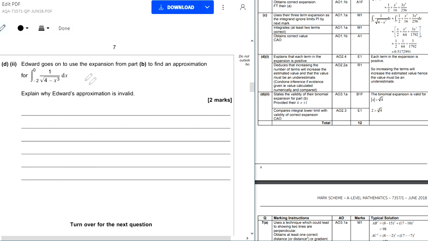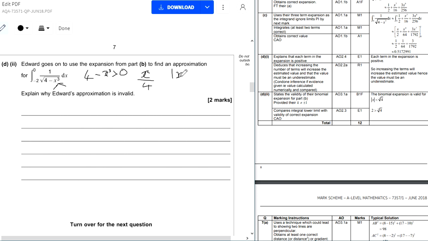He uses expansion to find an approximation for this. Explain why this is invalid. Now, the first thing that comes to my mind why this could be invalid is because of this condition of x. If it's in a set 3 minus x to the 3, it's got to be greater than 0, which is fine for this range. But my second thing is we're using the binomial expansion, and if you remember,